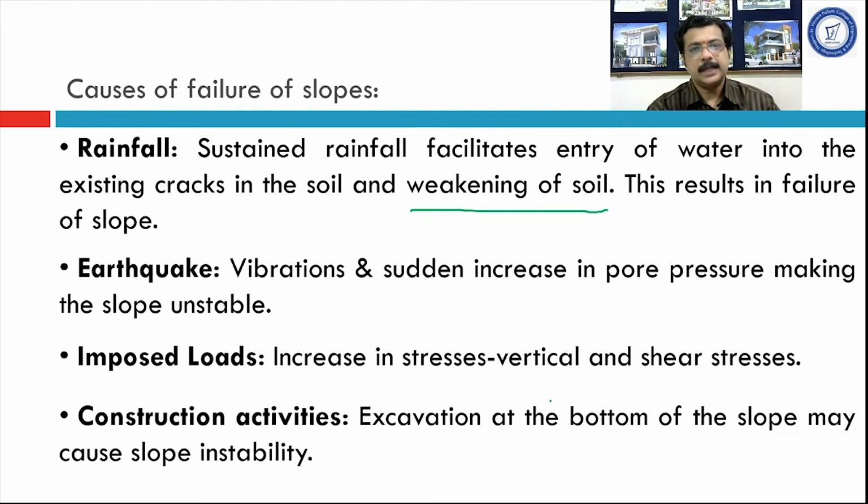After that, we have seen what are various types of failures that can occur in a slope. So slope can be a finite slope or infinite slope. We have seen 5 types of failures that can occur. First, rotational failure. Second, translational failure. Third, combination of first 2, that is compound failure. Fourth, wedge or block or plane failure. Fifth, miscellaneous failure, which we cannot categorize under the four heads. Thereafter, we saw what are various causes of failure of slopes. So, these are the reasons which are responsible for the failure of slope.